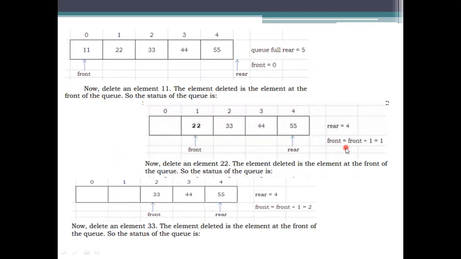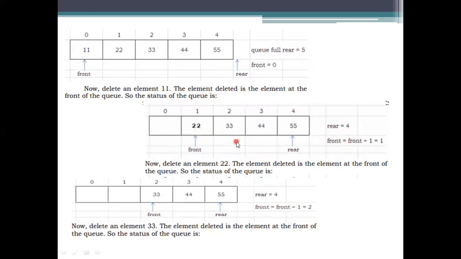But in the deletion, the front value is incrementing, and the rear value is the last one you are pointing to here, because the maximum, that is the n value, is specified as 5 now. So here the subscript of that one will be stored. So rear could be 5, and then the front, which was 0, becomes 0 plus 1, which is 1 here.